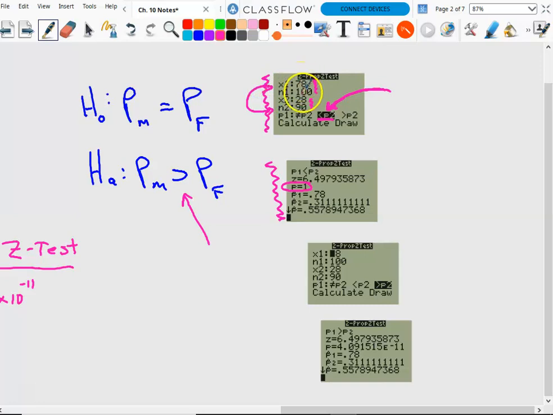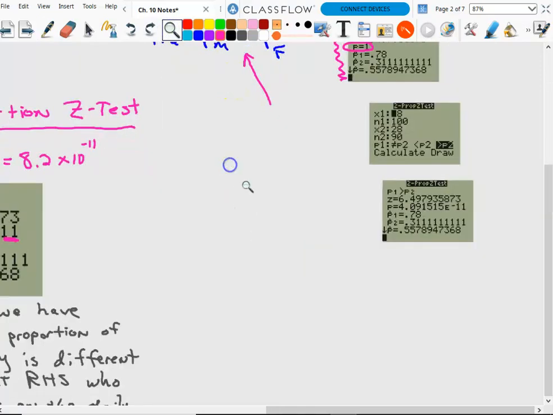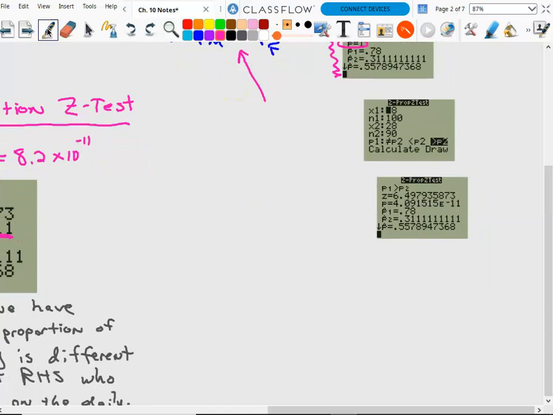If I'd have plugged the females in first into my 1s and the males into my 2s, then this would be the correct alternative. When I did it correctly, by selecting greater than because of the way I plugged it in, I ended up with a p-value